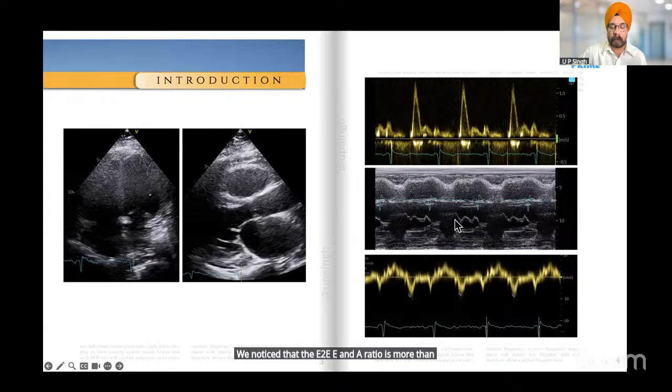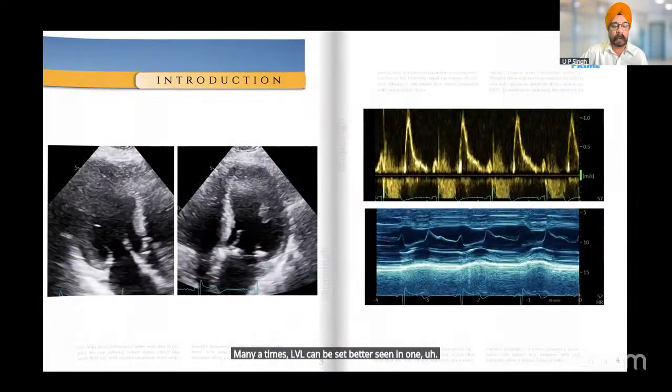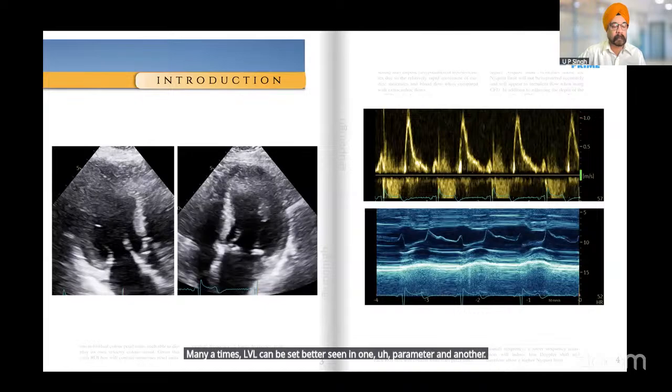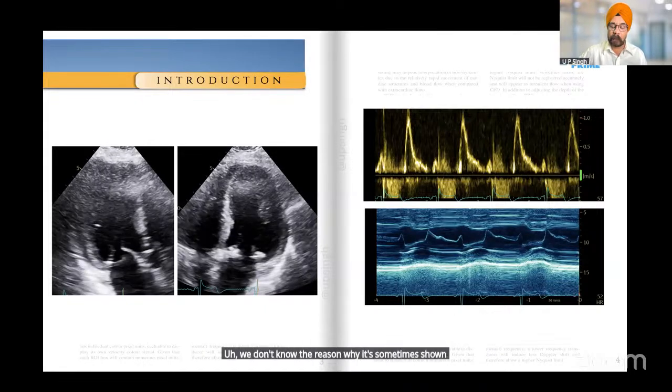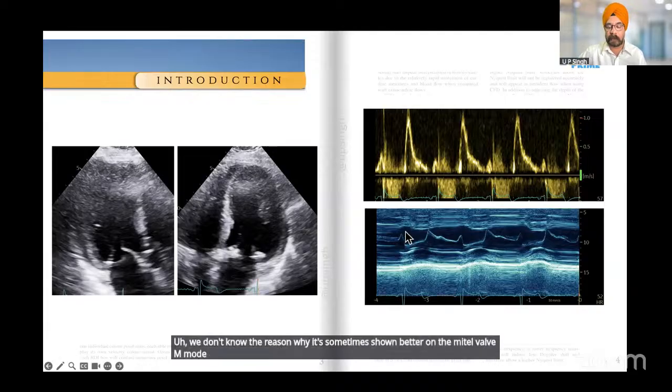It's severe diastolic dysfunction anyway, but you see an L wave. You see an L wave on M mode of the mitral valve. Many a times the L wave can be better seen in one parameter or in another. We don't know the reason why it's sometimes shown better on the mitral valve M mode and sometimes better on